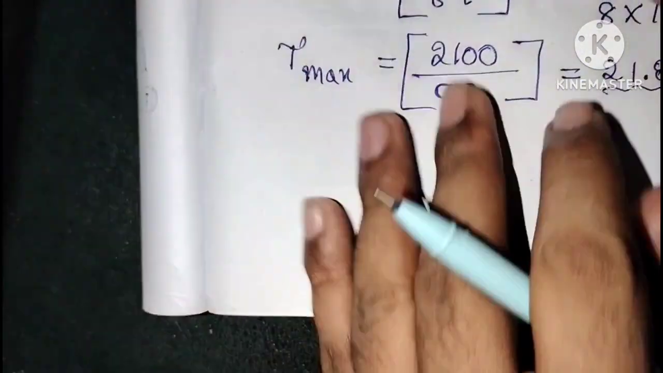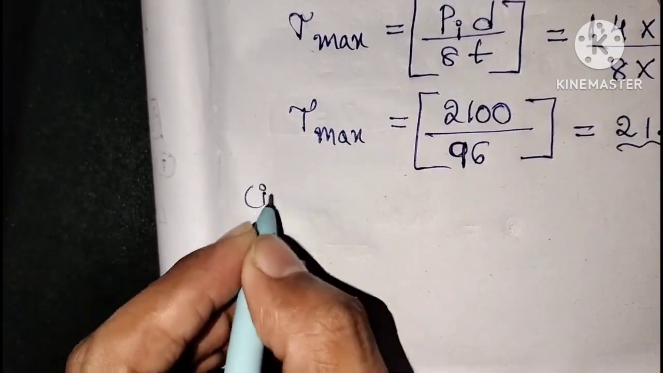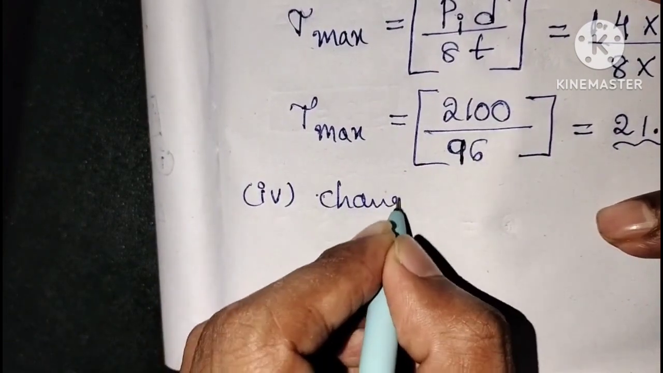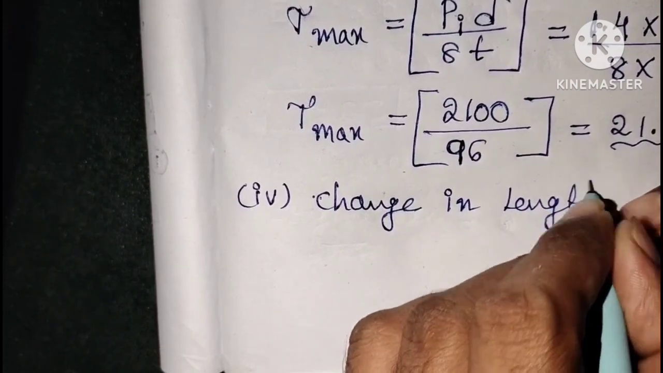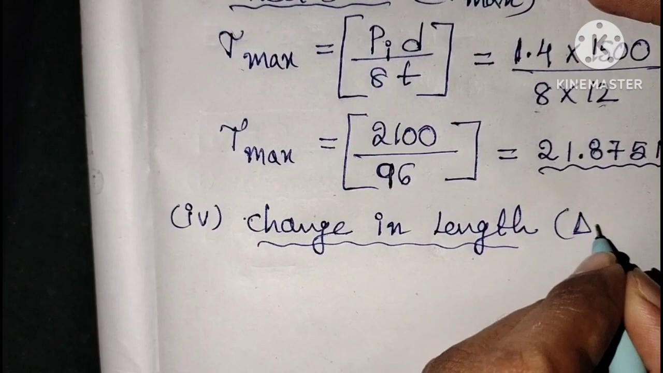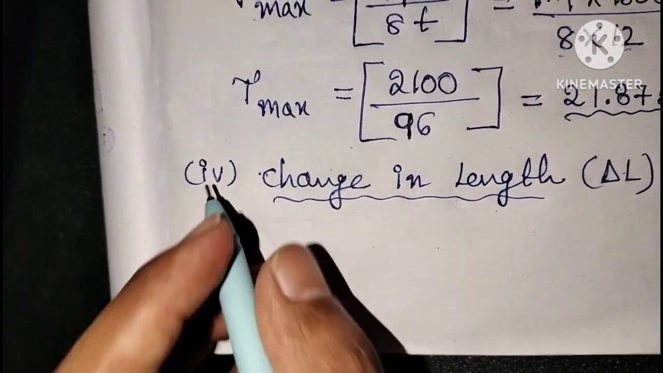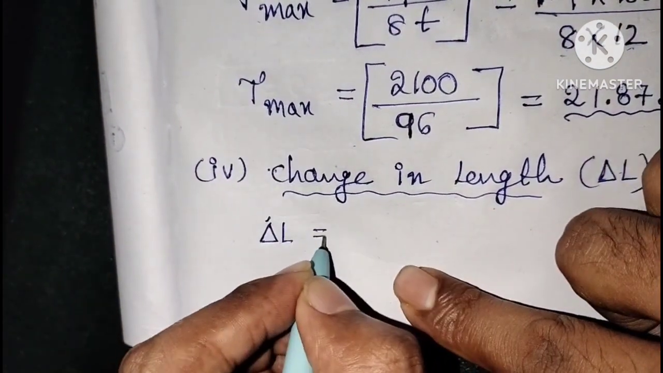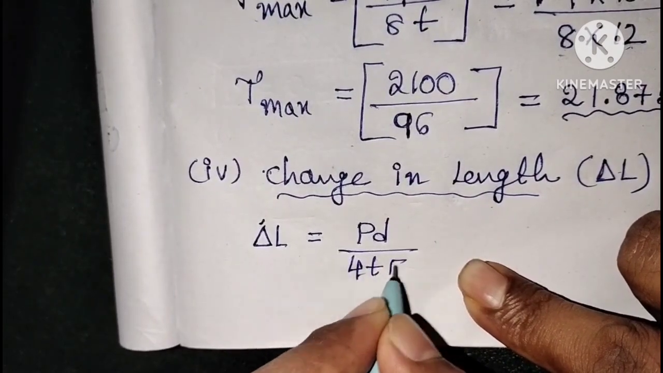Okay, next we need to find strains, I mean change in dimensions. Let us find the change in length of the cylinder, denoted by delta L. So how do we get delta L? We have a formula. Delta L, the change in length, is equal to PD by 4TE